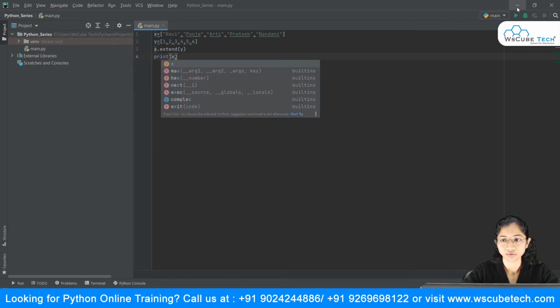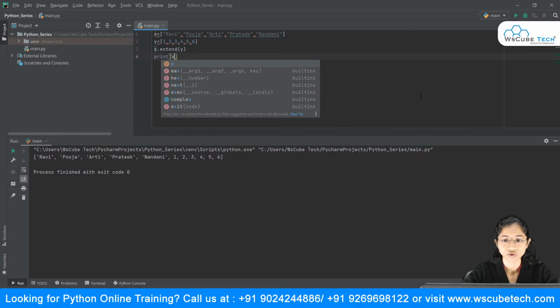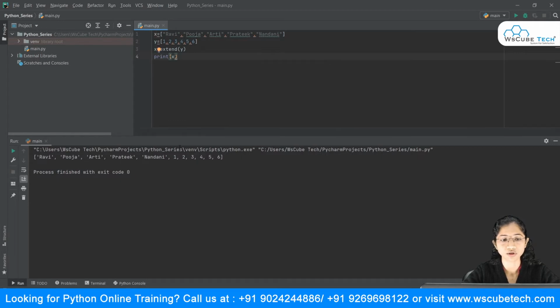Let's check it out. You can see this was the output I wanted. So extend basically takes two lists, and you extend the first list with the other list, using the x dot extend method.